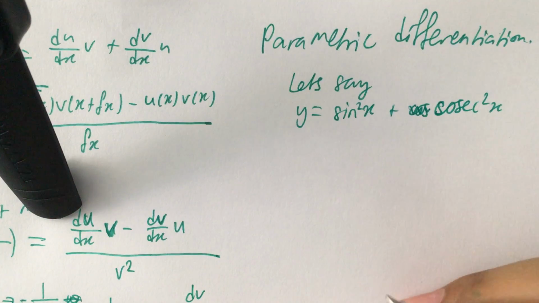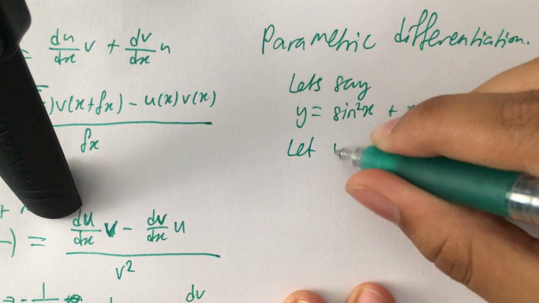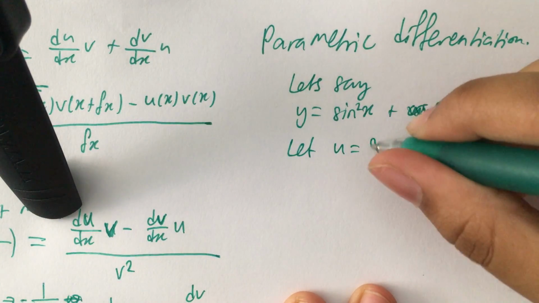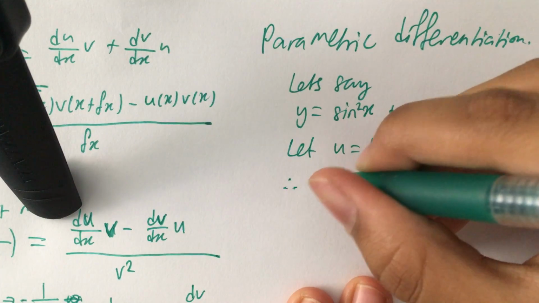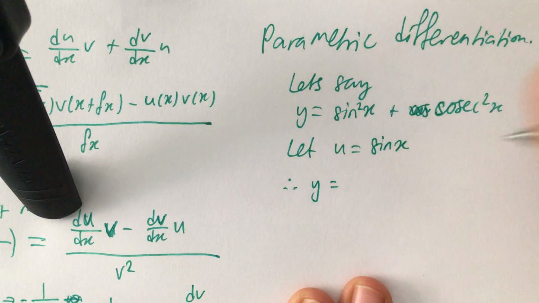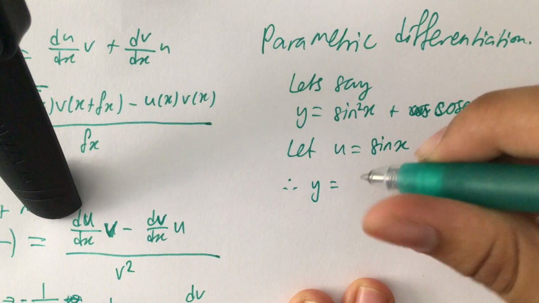Okay, so for parametric differentiation, I don't think they really test you on this that much, but if they do, then just take note of it. It's basically, you have, for example, something like